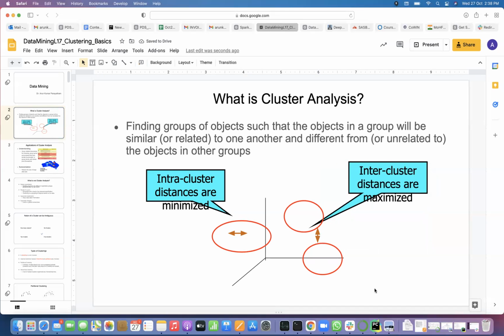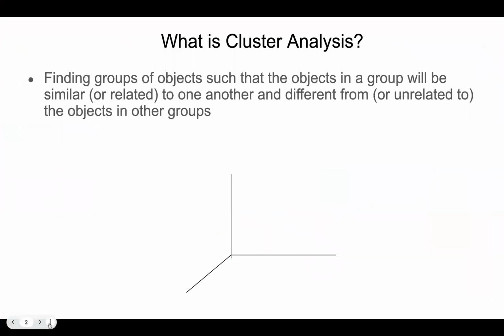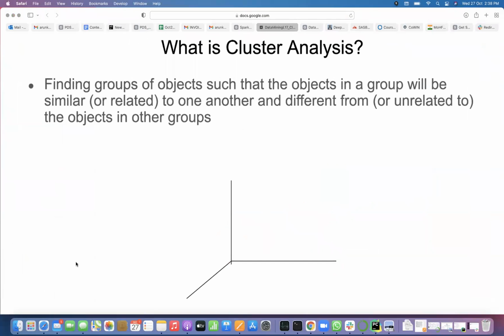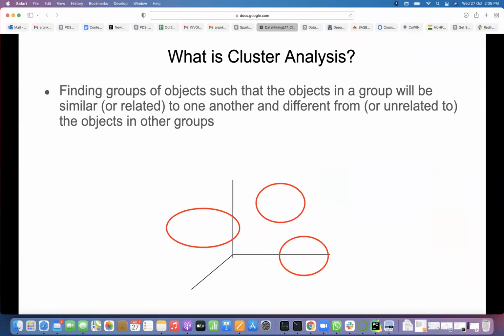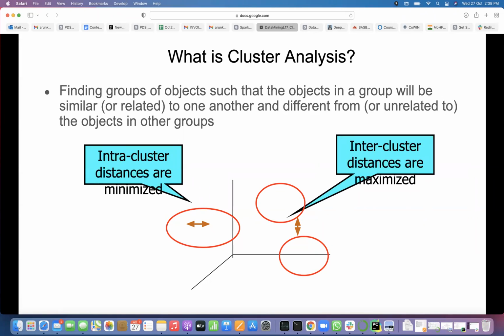Okay. So what is your intra-cluster distance in these figures? Distance between objects within the same cluster. Same clusters. How many clusters can you see here? Three. So 3 clusters you see. So there are 2 arrow marks, right? So within the cluster, the arrow mark is the distance between elements in that cluster.